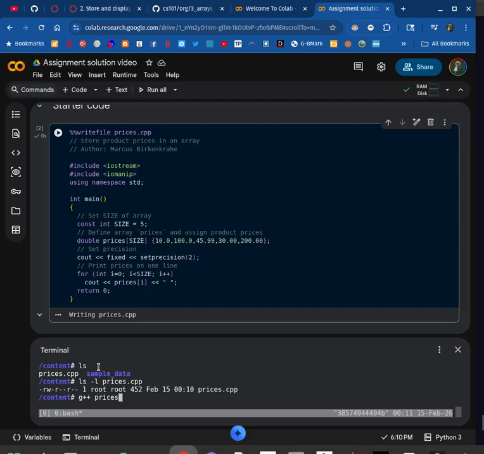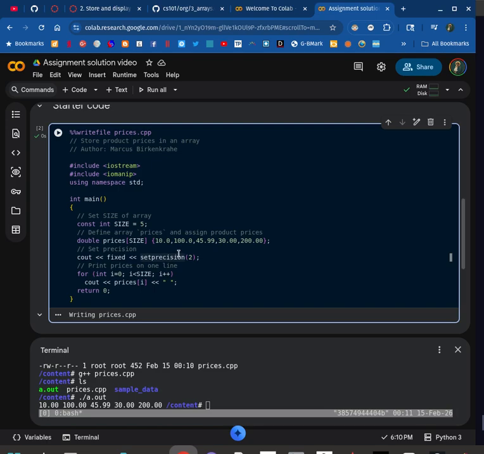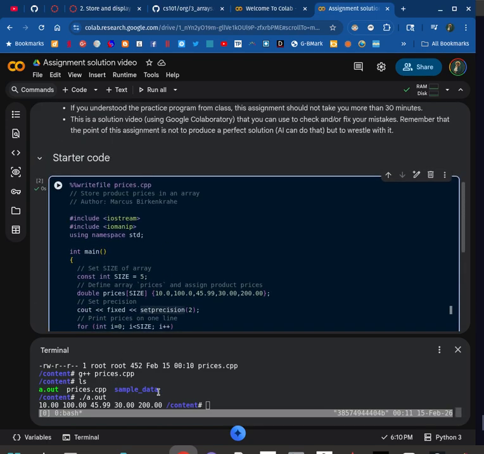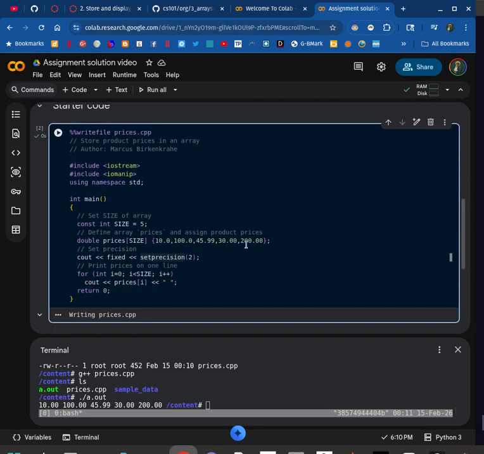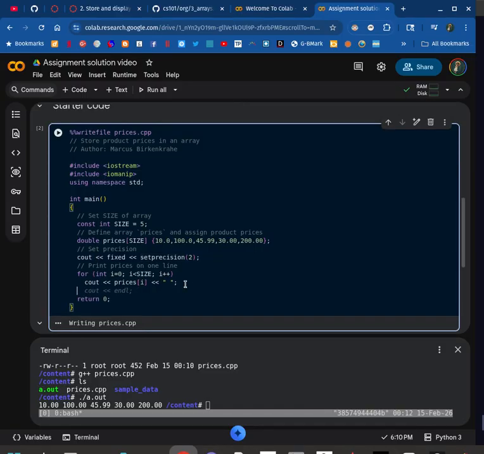So prices.cpp. And if we do another ls, we now see an output file, a.out. That's the one we can run. So we can run this, and it'll do what we want it to do. There's one slight change actually in the program. You can see there's no new line at the end, so I want to do a new line here. So at the very end, I'm just going to add